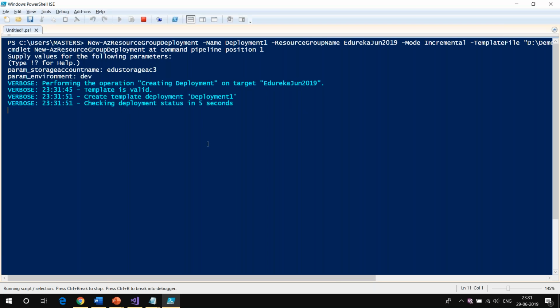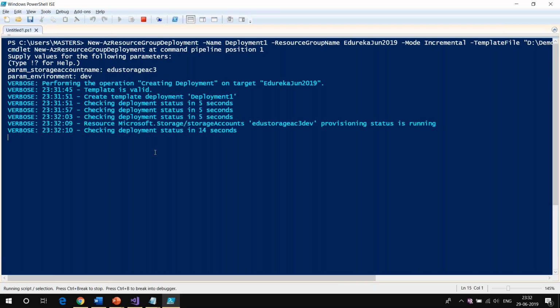It is checking if the template is valid. Yes, it is valid. It has started the deployment process. Another second, it should show up. Just a couple more seconds. That should tell me that it has started the deployment of edu storage AC3 dev.